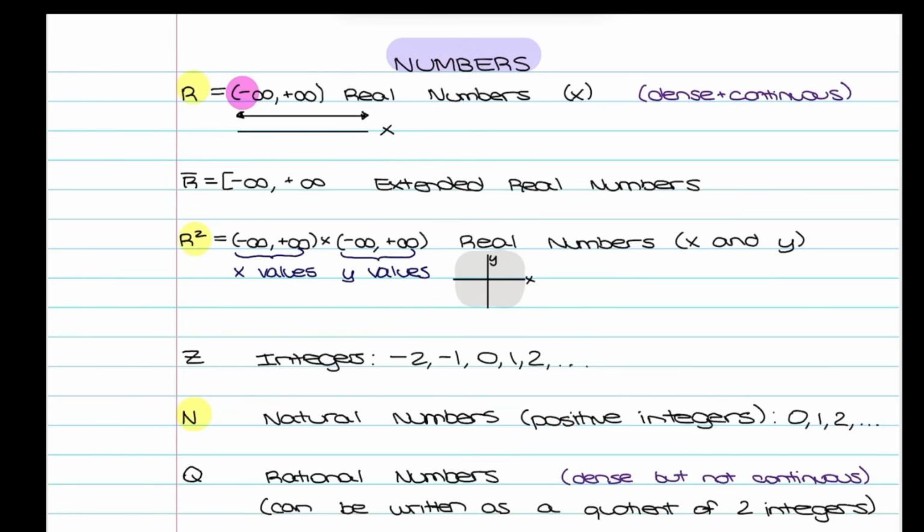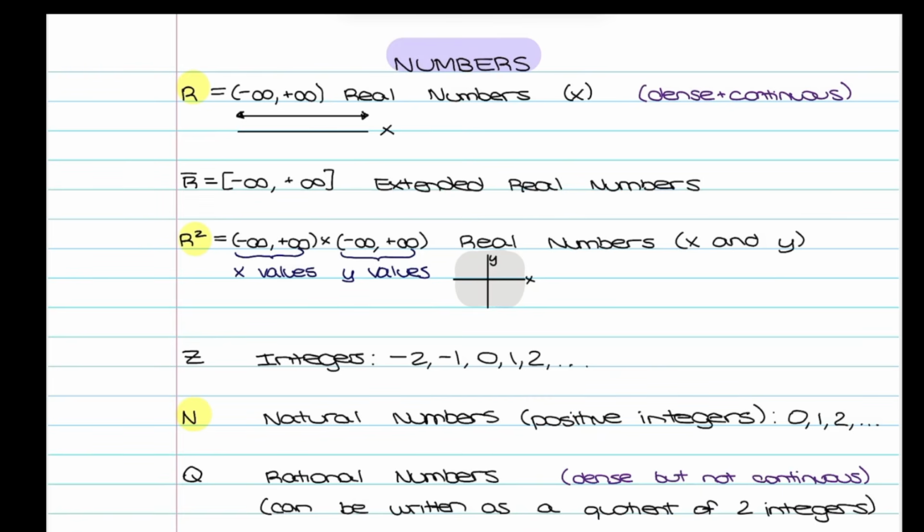First, we have the real numbers, so these are called R. This represents everything from minus to plus infinity. Notice how I use parentheses versus here I have brackets. The parentheses implies that the two extremes are not included, so the minus and plus infinity are not treated as actual possibilities, versus if you have the brackets like over here, then they are going to be considered as actual